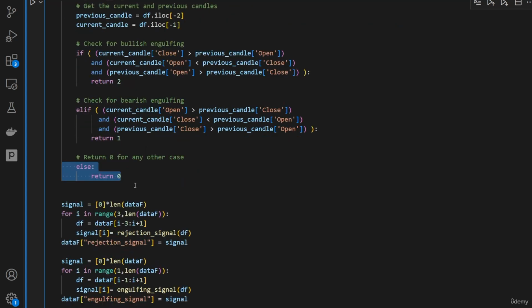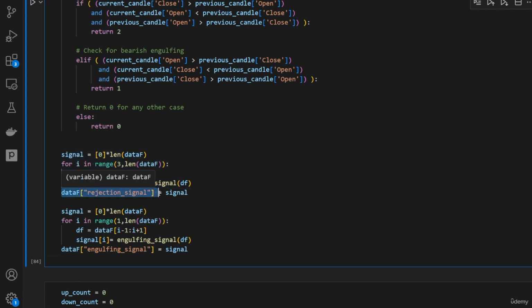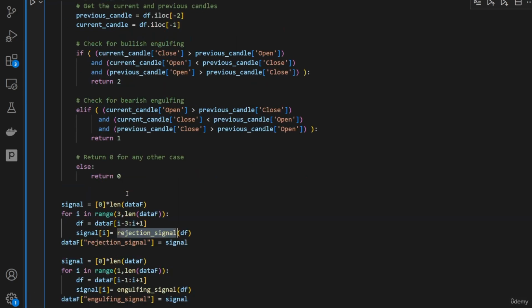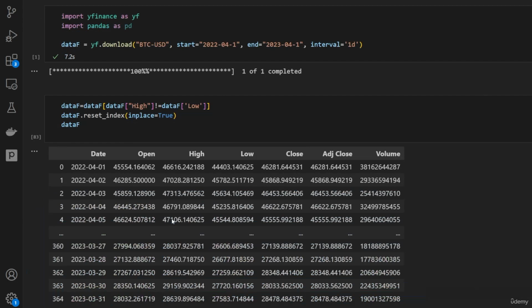Now we can apply any of these functions. We can apply these to all the data that we have, and we can store the results in a new column called rejection signal. For the first one, the rejection signal, I'm using the rejection signal function, basically the first one. And the second signal is stored as an engulfing signal. So we can test these on a daily time frame for Bitcoin US dollar, for example, between these 2